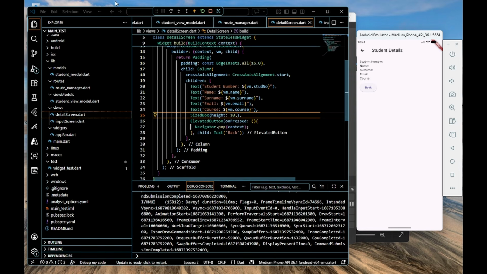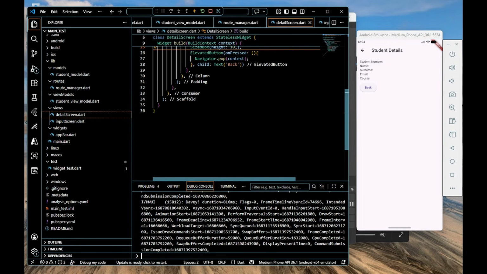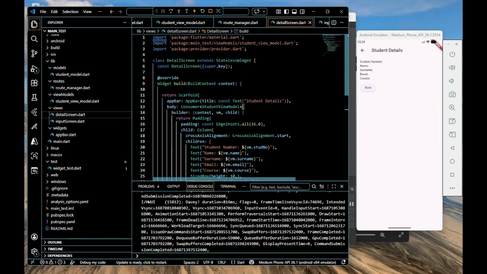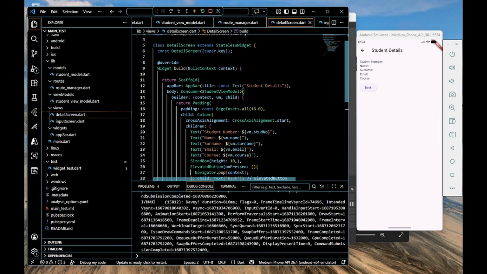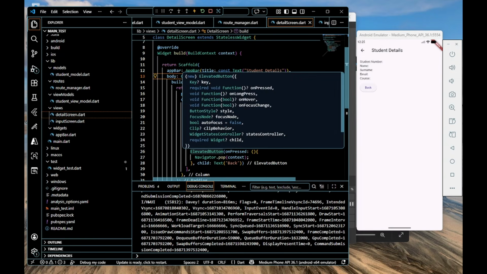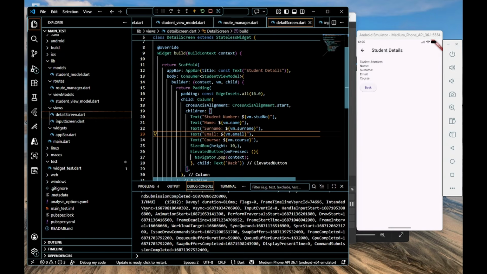So here we are almost done. I tried to type a little bit quicker this thing. So you have your consumer, and then inside the consumer is going to be like your wrapper. So it's wrapping up all this thing. So now for the text,